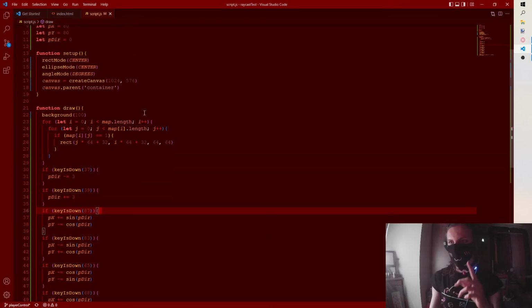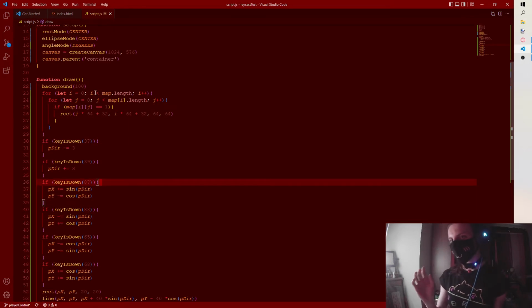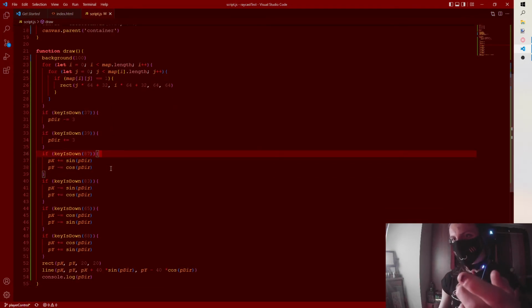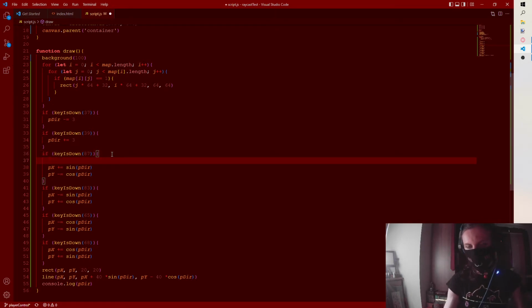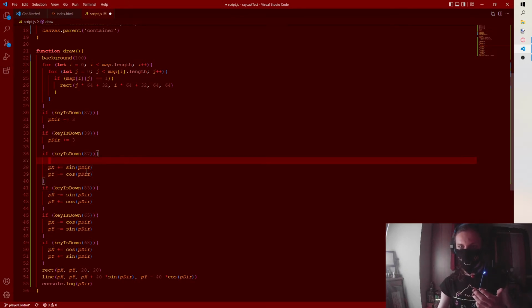And I have a solution. Basically, whenever the player presses a key to move, it calculates where you're going to be after that movement, and then just checks if there's a block there. So by doing that, we can use these calculations to see where the player is going to end up, and then